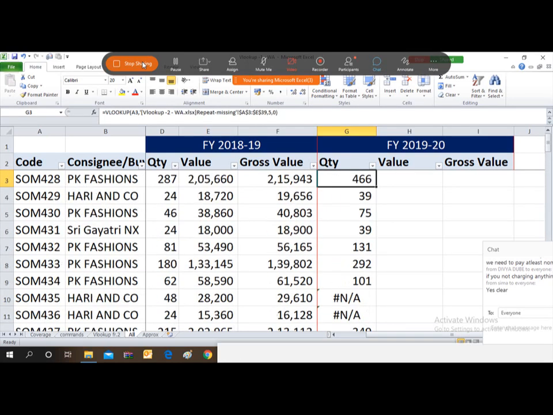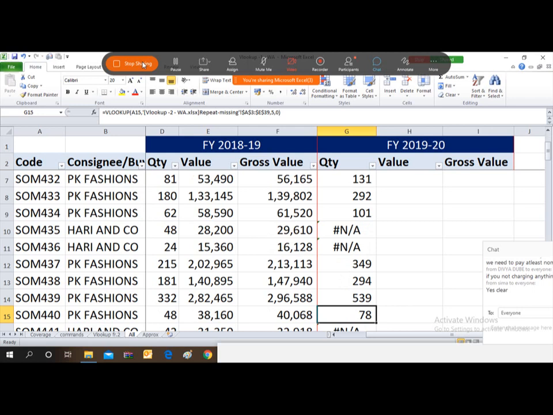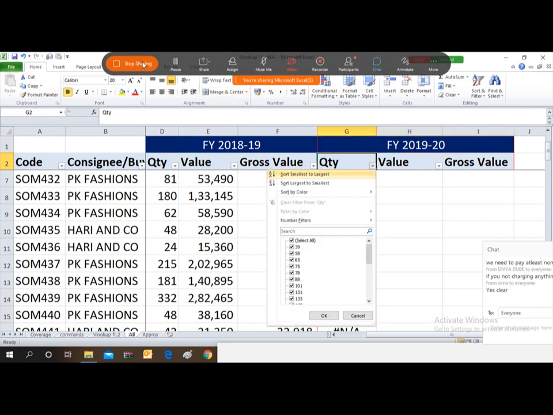After dragging this formula down the entire column, I am observing that some errors are appearing, like in this cell, #N/A is appearing, and again in this cell also #N/A is appearing. So let's see in how many cells #N/A is appearing. You can check it: just drop down the filter and go to #N/A.